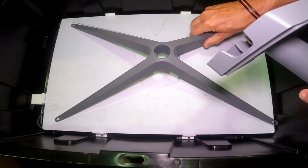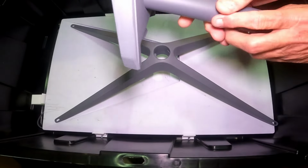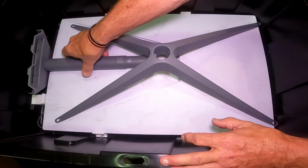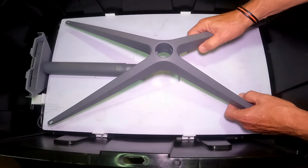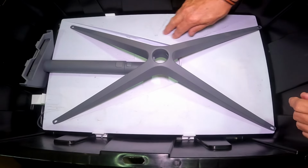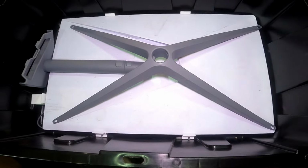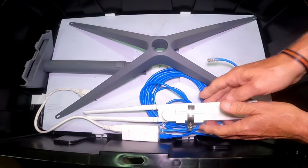And then we could put everything back in, and if you set it like that, it kind of lays in that groove there. And then you drop this in like that, and that'll lay in there. But like I said, I would get some bubble wrap and just put a piece of bubble wrap around this, or just lay a piece of bubble wrap on top, and that'll reduce some of the scratching. But this has been in and out of this case a couple dozen times. And the nice advantage is we still got some room left, so we can put our